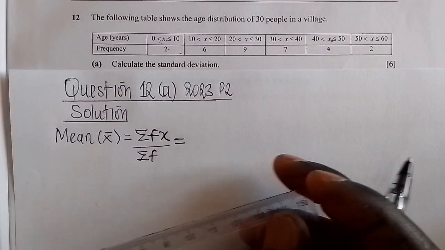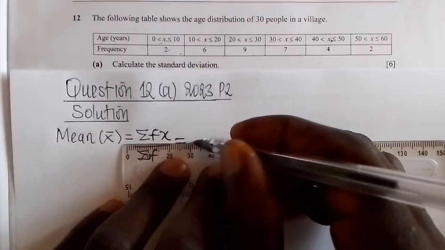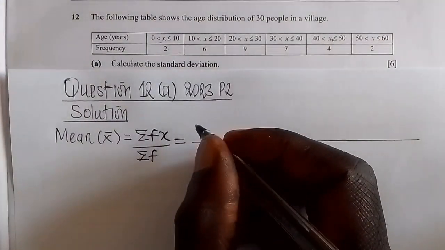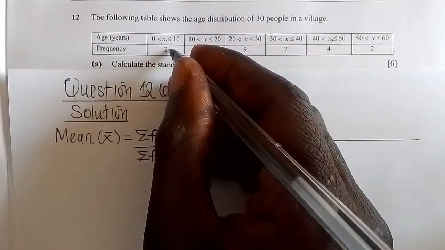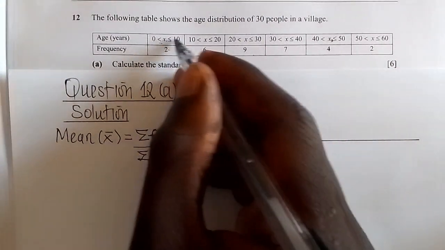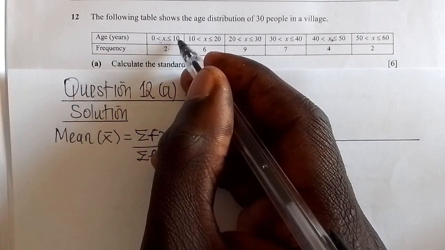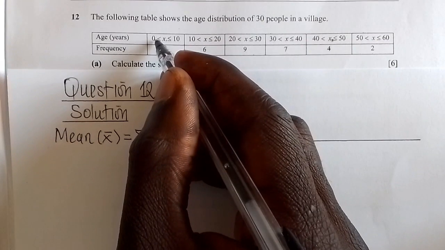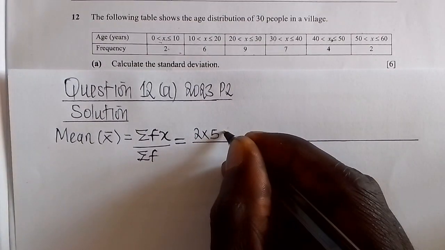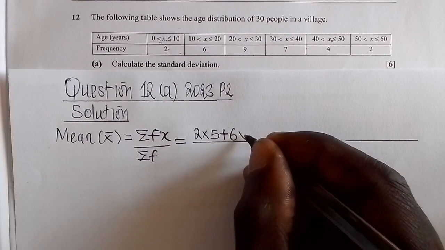So for the first calculation, what we're going to do is first of all draw a line to show the multiplication and addition. So 2, which is the frequency on the first class here, is going to multiply with x. Now x, we said it's the midpoint. So what is the midpoint of 0 and 10? So what you can just do is add 0 plus 10, which gives 10, then divide by 2, that gives 5. Then add that to the next frequency is 6, then